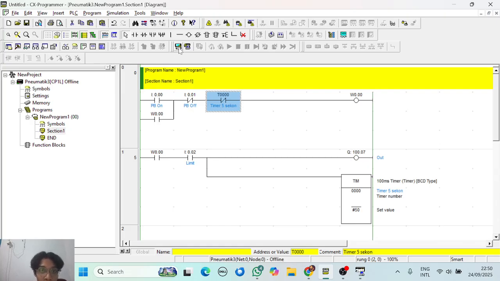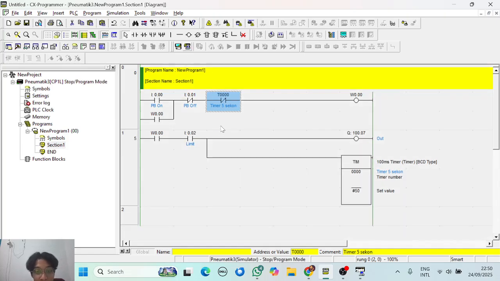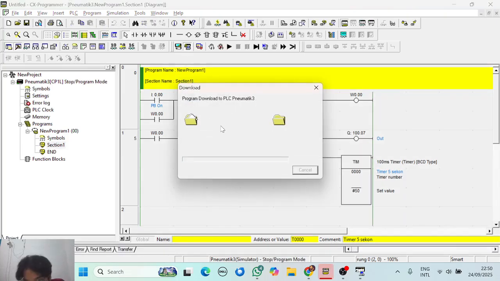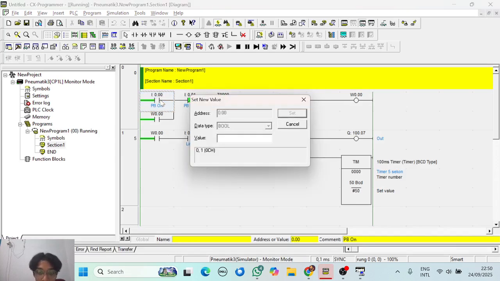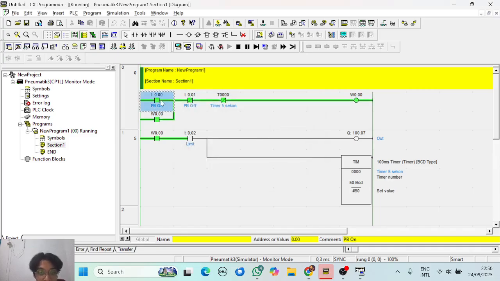Okay, let's start the simulation again. We can give a value to the push button, and this will make the system totally on, and make the coil of the relay at W0.00 on.